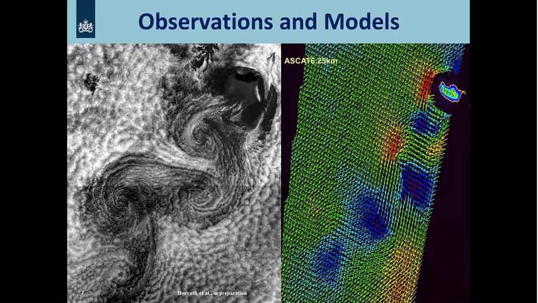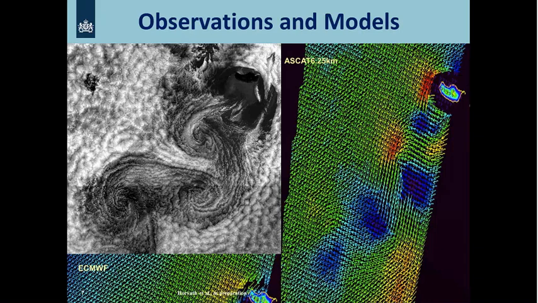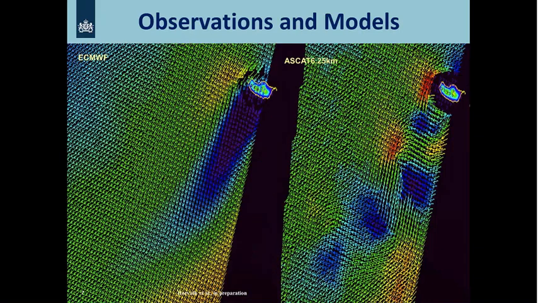Then we can look at the ECMWF model, and you see here that the ECMWF model indeed also sees the shadow of the island. It sees the wake of the island in the wind flow, but you also see that the acceleration next to the island is a bit less, and that the wake is not producing these vortices. It's just a linear wake. So that's not consistent with reality.